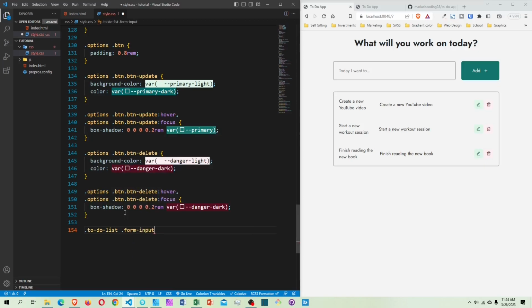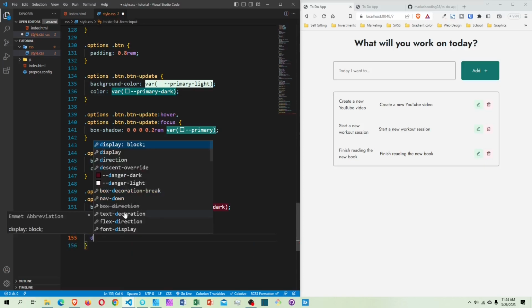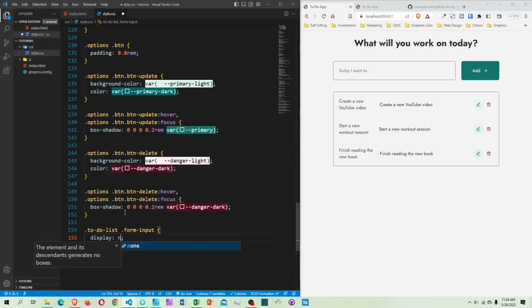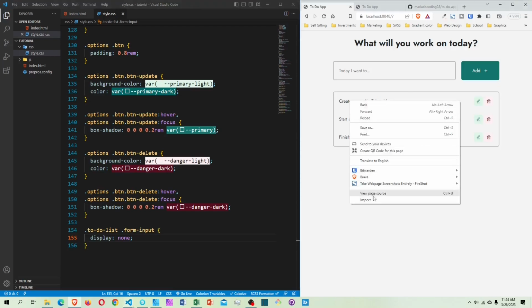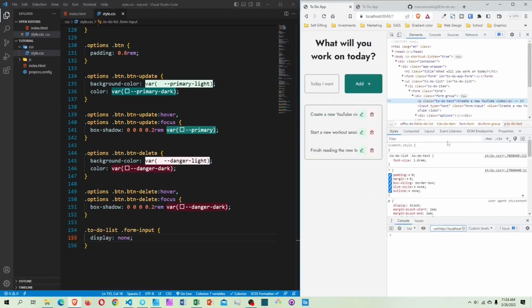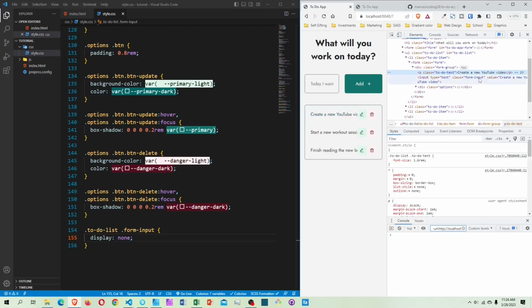Okay, so now here I'm gonna set the to-do list input to be hidden, not hidden, to be display none. If I save this now, see, it's hidden. Now we only have a paragraph. If we right click, inspect, only the paragraph is showing. The input is hidden, only the paragraph. Okay,